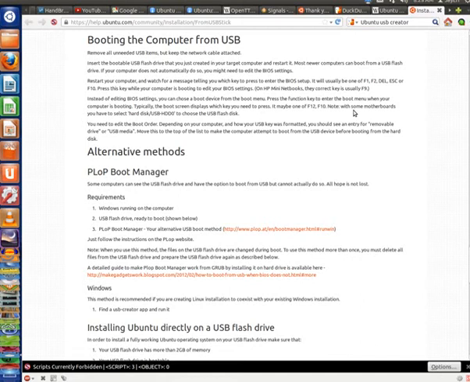One computer might use delete, another computer might use tab, another computer might use F1, another computer might use F8, another computer might use whatever. So it's one of those things you really got to pay attention to with your system. If you don't know, and that's really bothering you a whole heck of a lot,